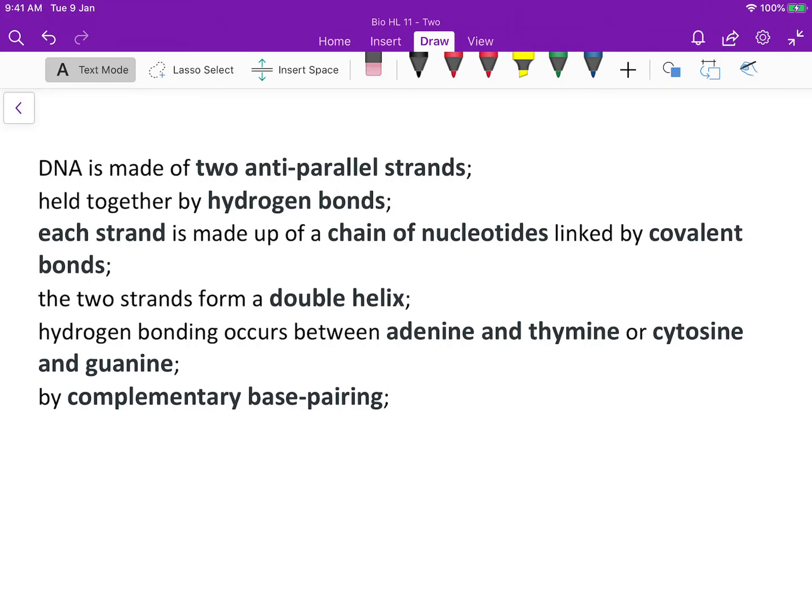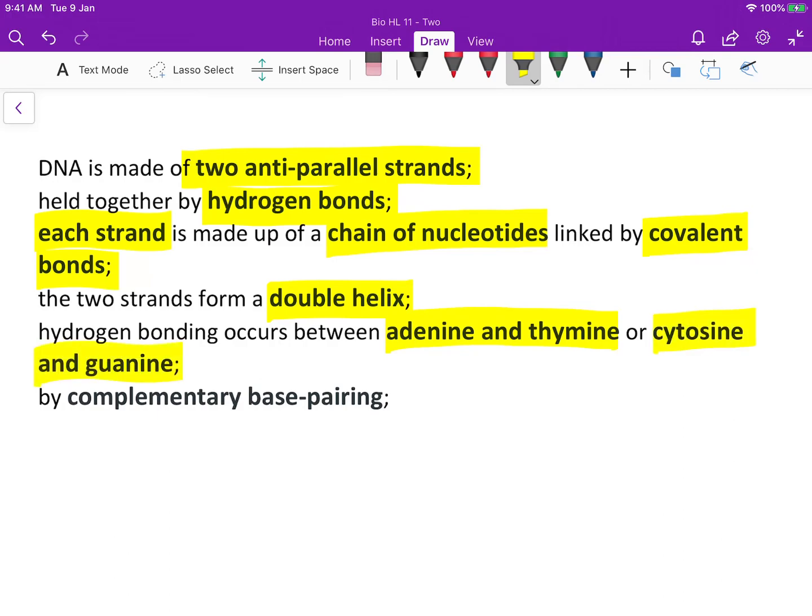Okay, so here's our quick recap. DNA is made up of 2 anti-parallel strands held together by hydrogen bonding. Each strand is made up of a chain of nucleotides which are linked by covalent bonds, we said, between the phosphate and the sugar. It forms a double helix, and we get hydrogen bonding between adenine and thymine or cytosine